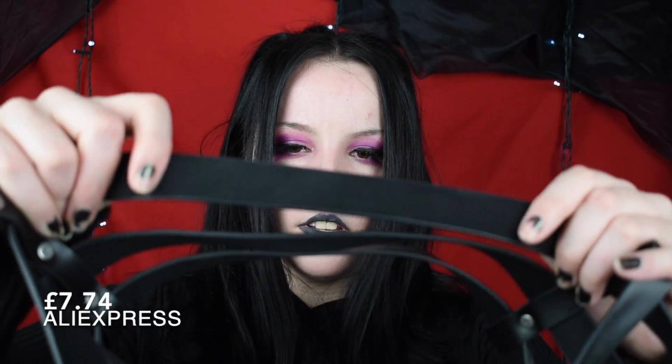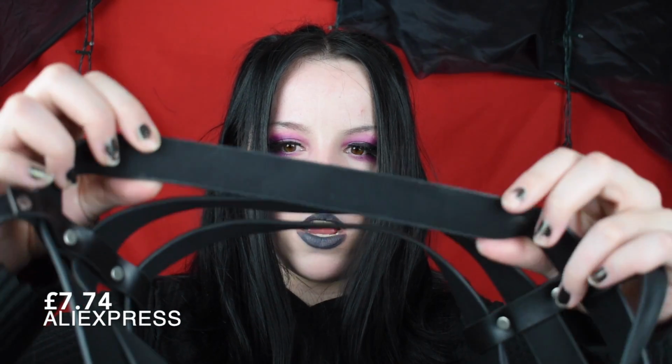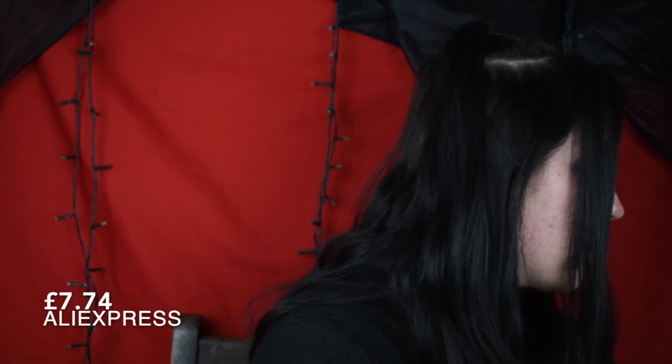Again, the quality is really good. It is double-sided. This is the leather side, this side is a soft foamy side. The hardware is nice, it's actually real metal, which we'll get to in a moment, but it's real metal, it's really heavy, it's nice quality, and I think this costs...